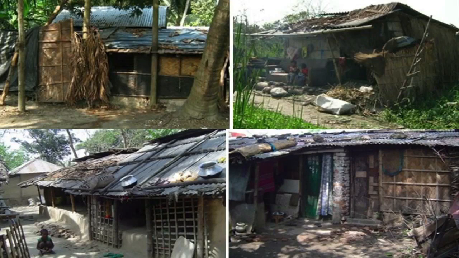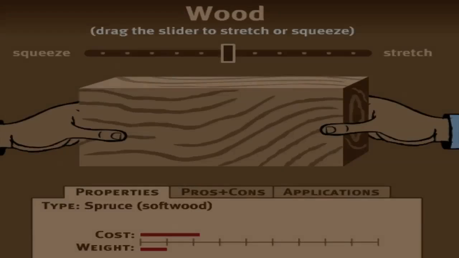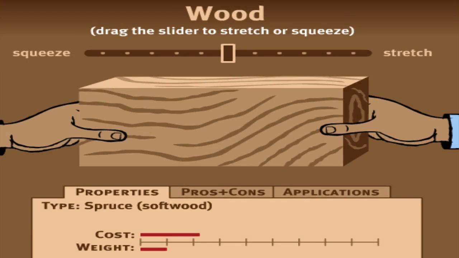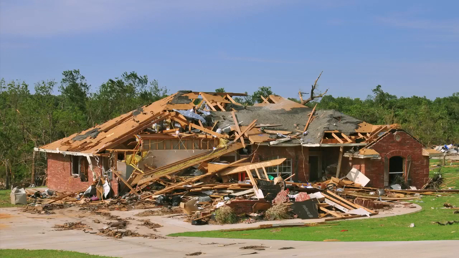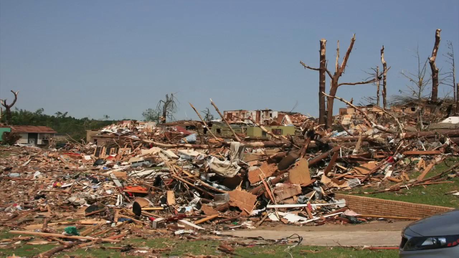However, it is hard to measure the tornadoes in Bangladesh with the Fujita scale because the houses are poorly built and the materials that are used are weak. Lots of houses in Bangladesh are made of wood. According to PBS.com, cheap materials such as wood become very weak over time and can swell very easily when in contact with water. The reason why tornadoes destroy structures is because the structures cannot handle the compression and the torsion